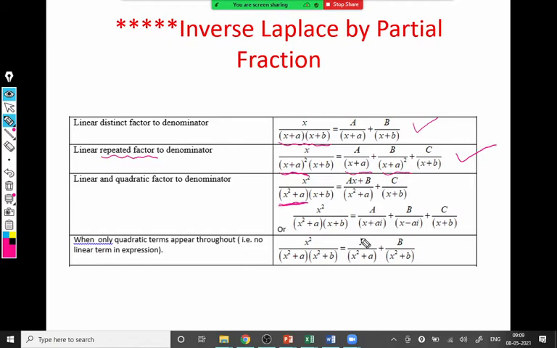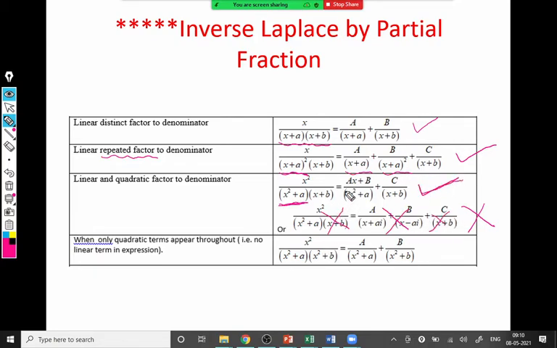There is another way of writing its partial fraction. It is in complex form. Like x square plus a is factorized as (x plus ai)(x minus ai). But this partial fraction, we are not going to use. This is mainly used in successive differentiation, because at that time you know the nth derivative of 1 upon ax plus b is (minus 1) raised to n, n factorial, a raised to n upon (ax plus b) raised to n plus 1. So to use that formula, you factorize the quadratic factor into complex linear factors also. That is in successive differentiation. But in Laplace, we use only this one.